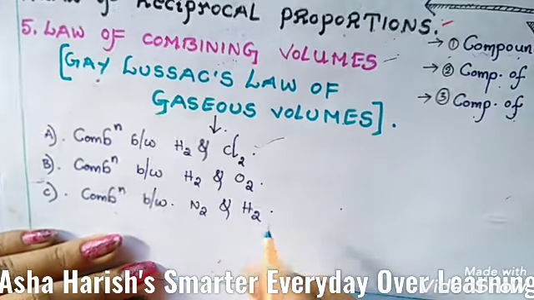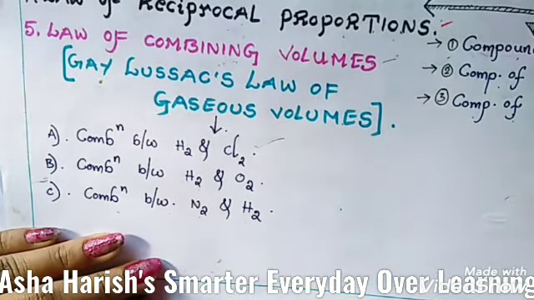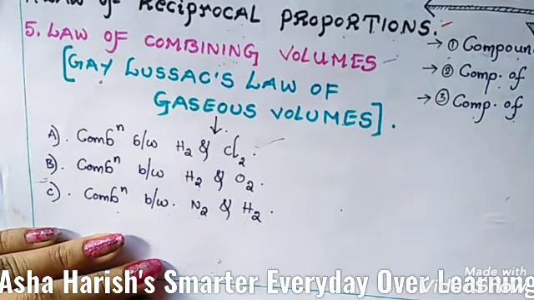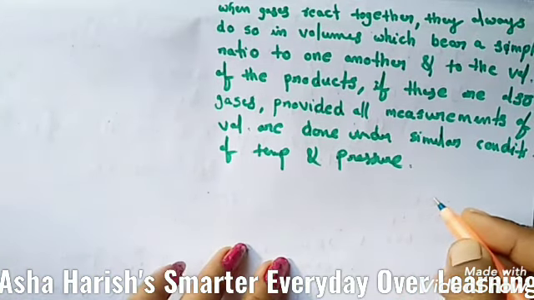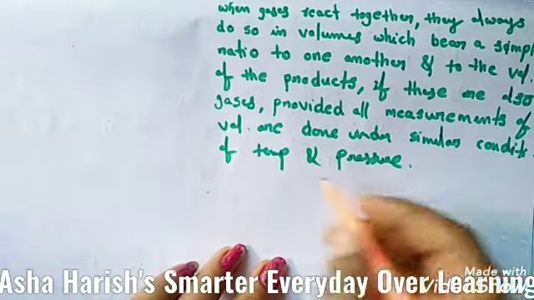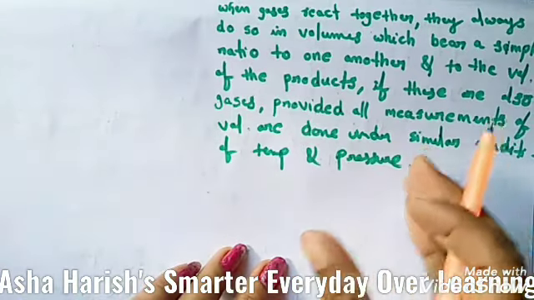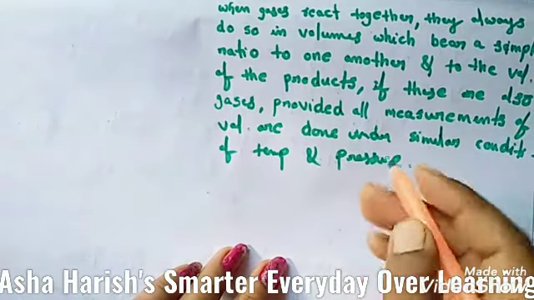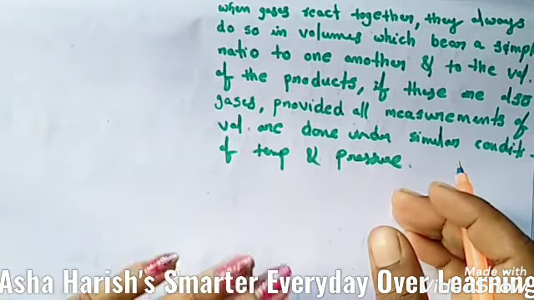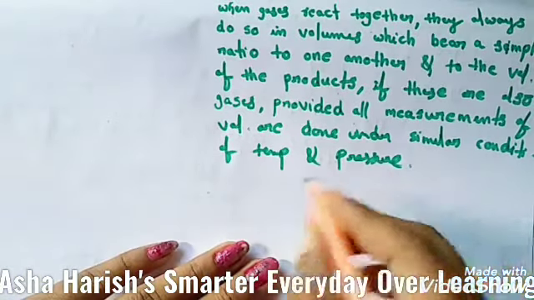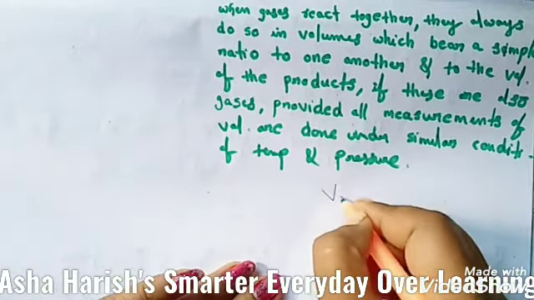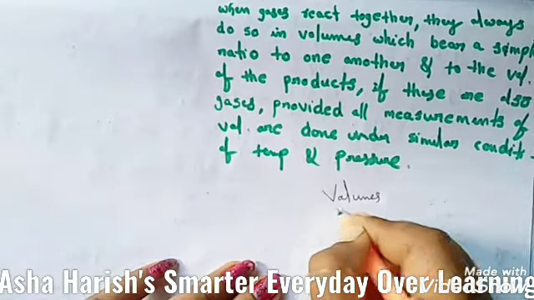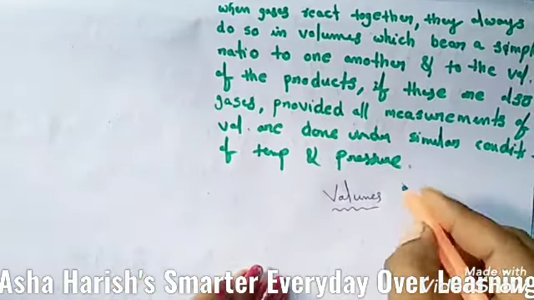Okay, and let's study about these 3. First of all, you have to know the definition of law of combining volumes, what it is. This is mainly depending upon the gaseous state of the elements. Gay-Lussac investigated a large number of chemical reactions occurring in gases. As a result of this experiment, Gay-Lussac found that there exists a definite relationship among the volumes of the gaseous reactants and the products.